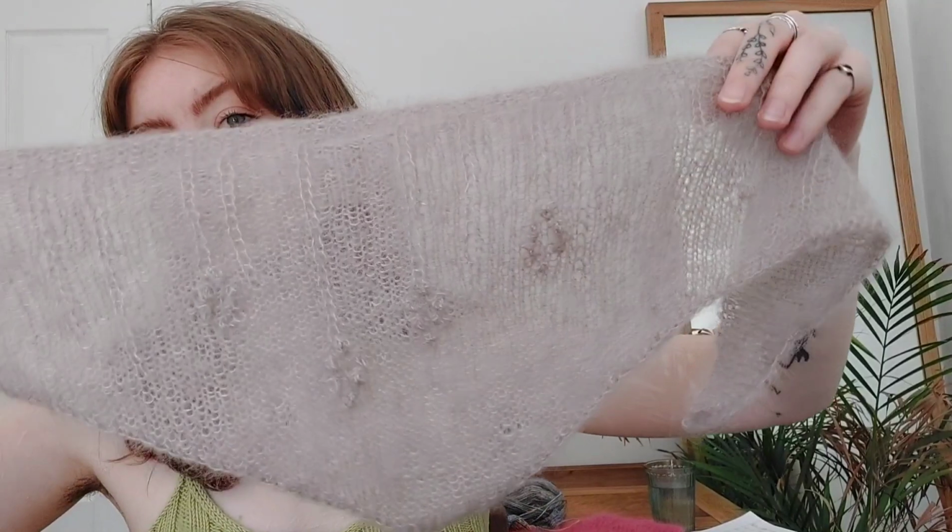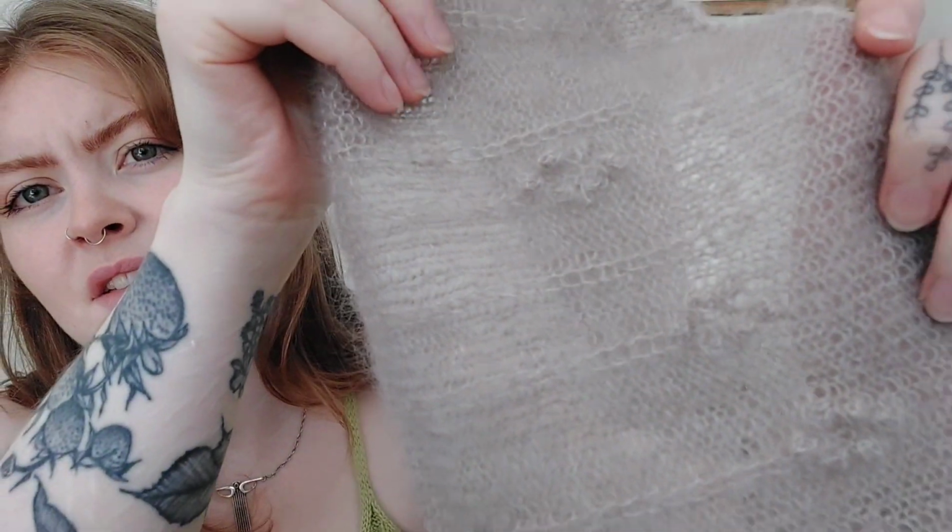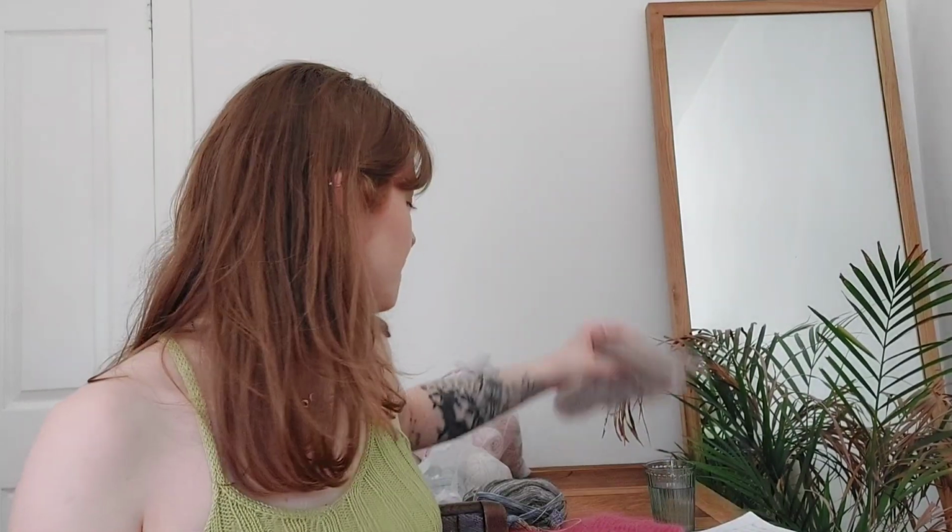This one's made out of Drops Kid-Silk, mohair. Pretty sure it's light beige. This was also a scrap from my granny actually. I made that one out of, they are headbands. I would put it on, but I'm not going to because it would take me a while to put it in my hair and style it properly. I made 3 because